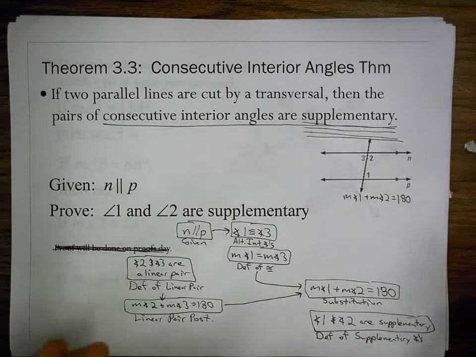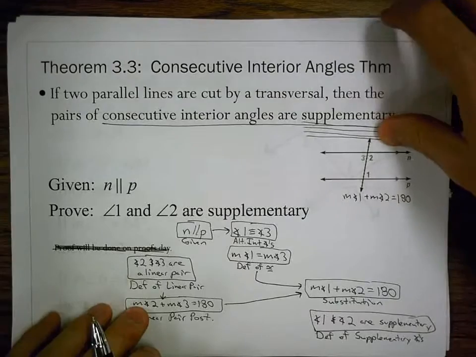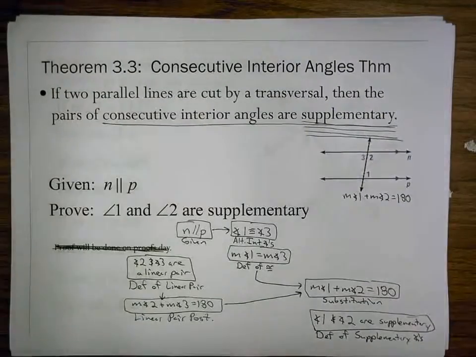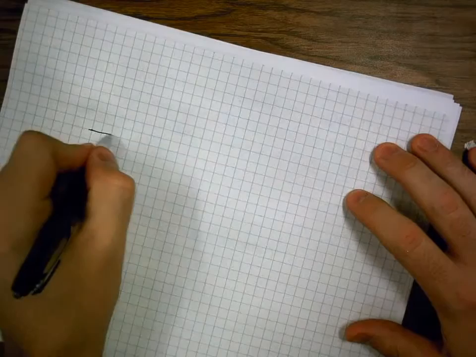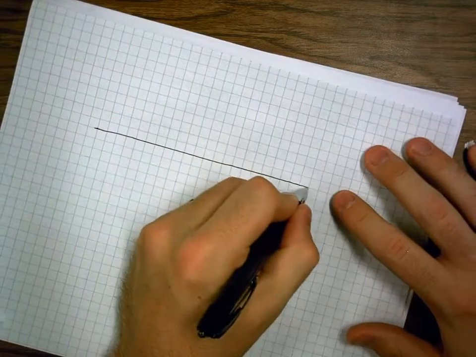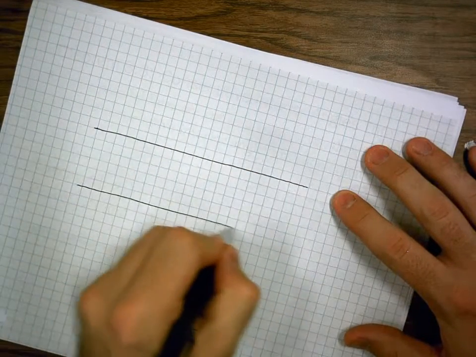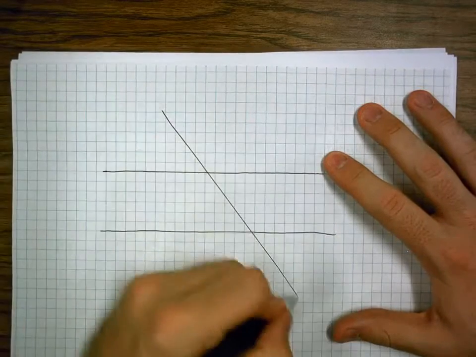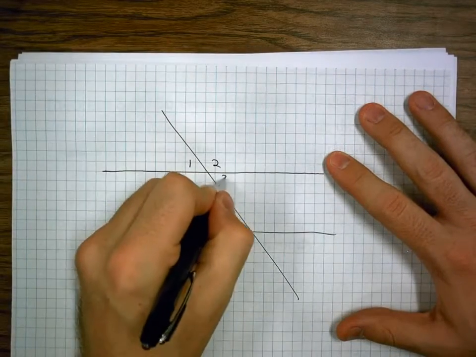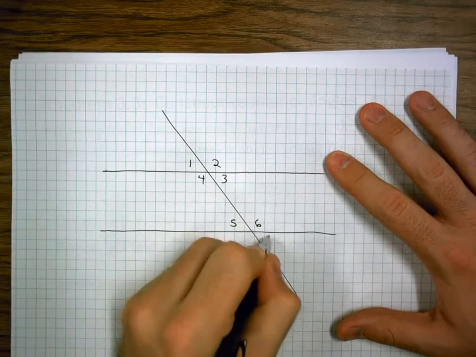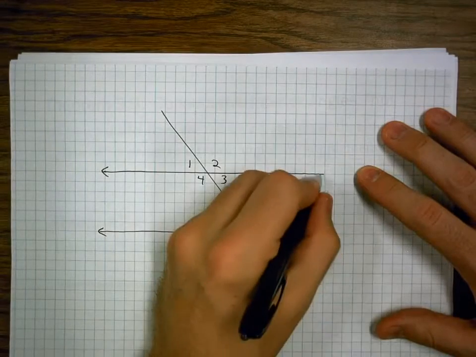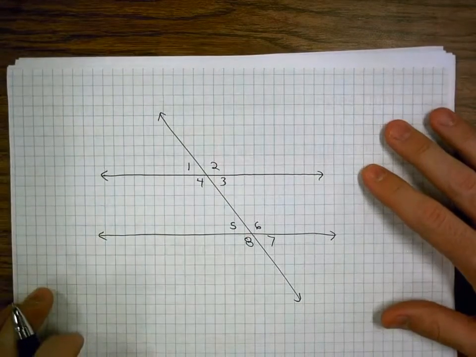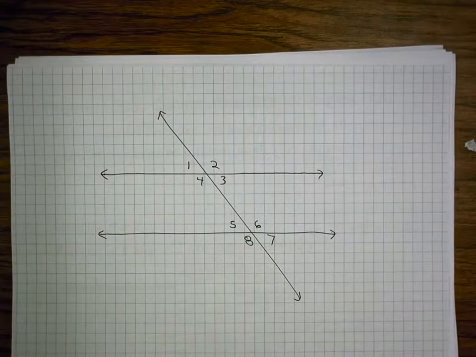Now, before we go into the examples, let's look at what we've done so far. If I took a piece of graph paper and drew two parallel lines, and I labeled some angles. And then I took a piece of patty paper